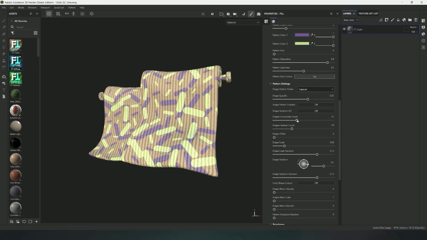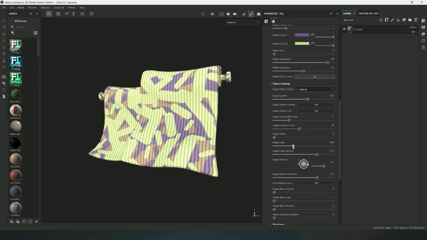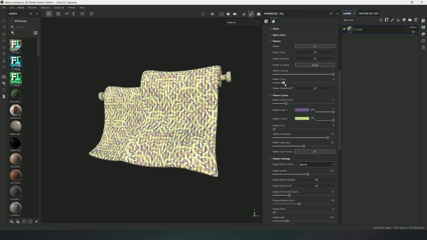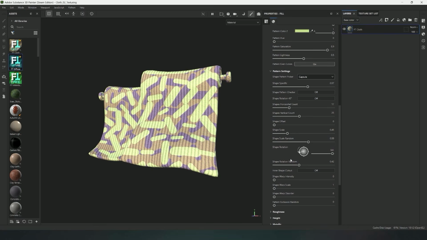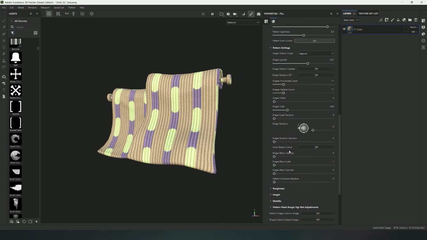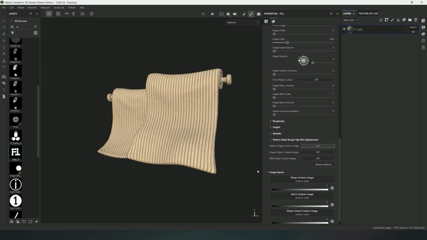The settings of this generator allow you to control every stage of pattern generation. The square and capsule shapes allow you to get additional variations and customize them to your liking. Honestly, I haven't spent much time working with this tool yet, and these effects amaze me, while the numerous parameters offer limitless creative possibilities. Okay, now let's go to the very bottom of the generator and enable the pattern shape